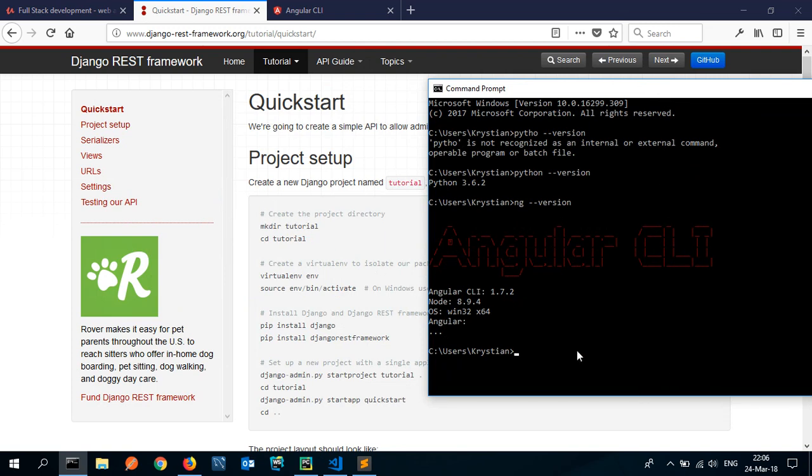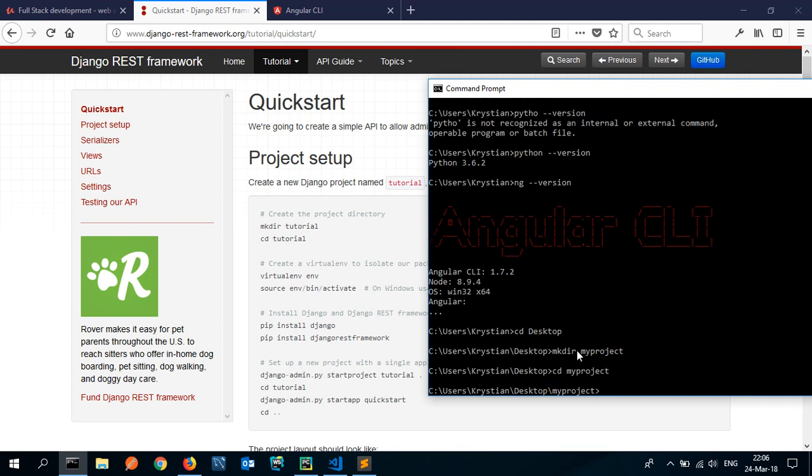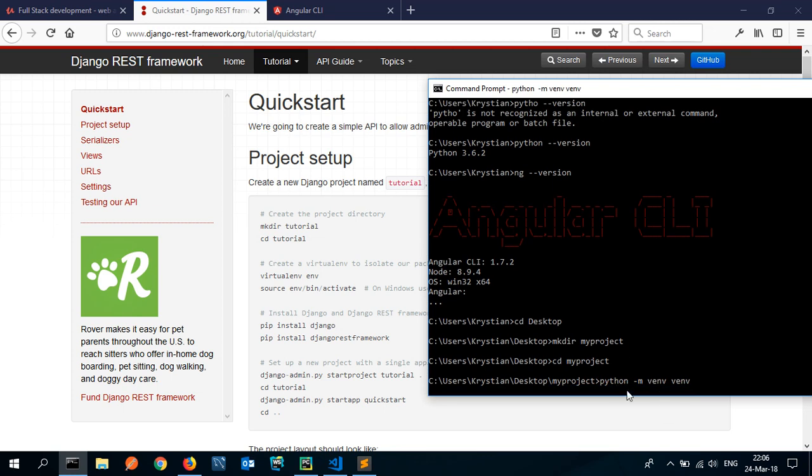folder. So let's go to the desktop here, and I can do mkdir and create my project. You can name it whatever you like, it's just the name of the folder. So let's go to that folder, my project, and we'll need to install the virtual environment. I'm not going to use it as they have it in here. I will do python -m venv. If you have Python 3.5 installed, you can use this command to create a